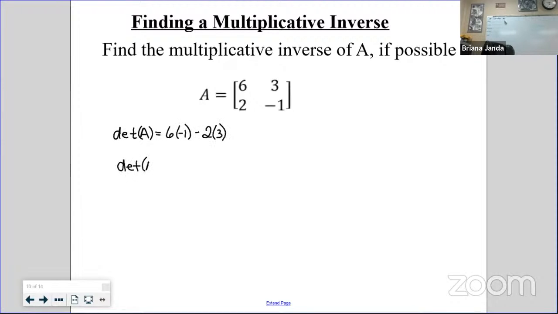Careful on this one. What is our determinant? -12, right? So do we have an inverse? Yes, we do. So that will go to the bottom of our fraction,